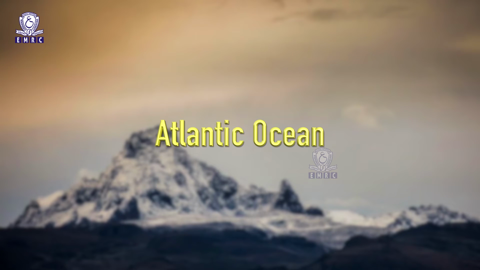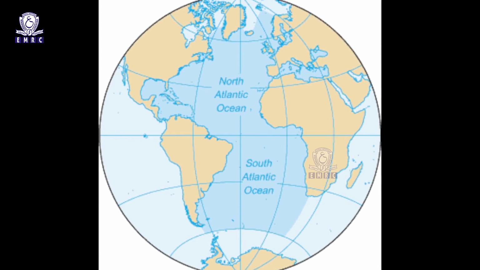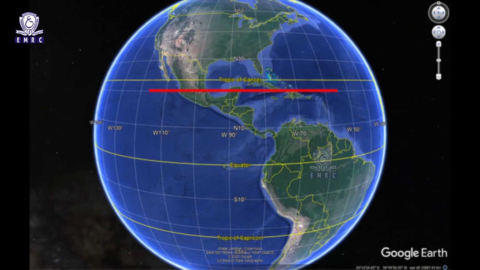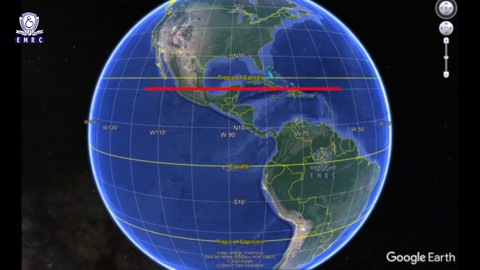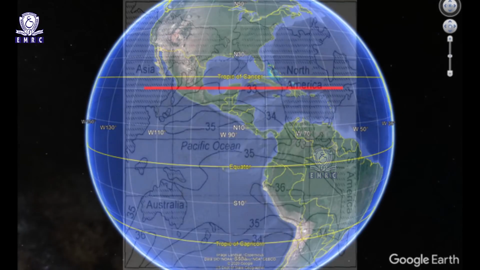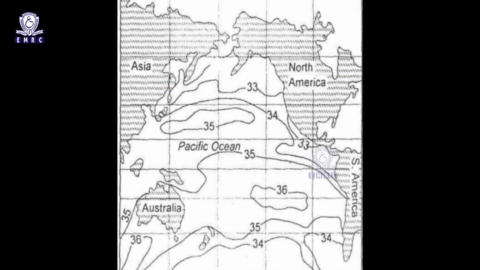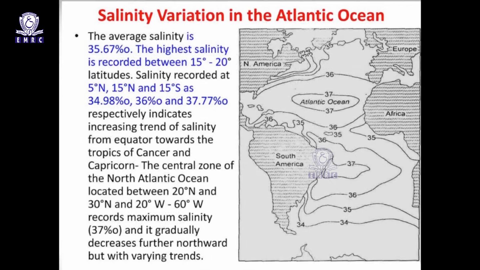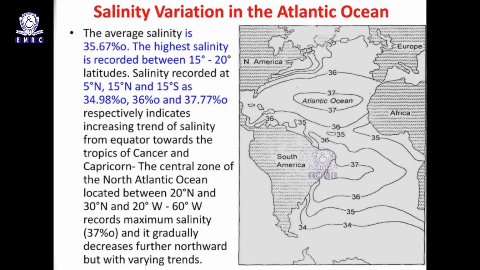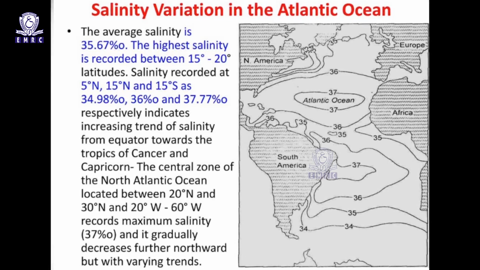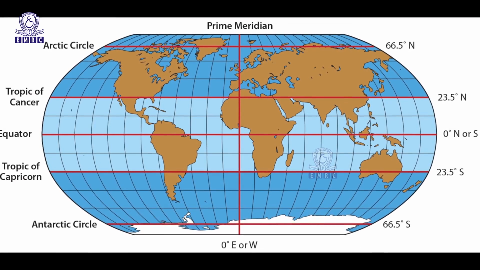Atlantic Ocean. The average salinity of the Atlantic Ocean is 35.67 parts per thousand. The maximum is not observed near the equator, rather it is recorded between 15 degree to 20 degree latitudes. Record salinity at 5 degree north, 15 degree north and 15 degree south as 34.98 parts per thousand and 36 parts per thousand and 37.77 parts per thousand respectively, indicates increasing trend of salinity from the equator towards the tropics